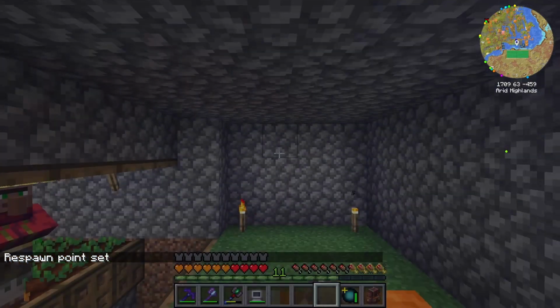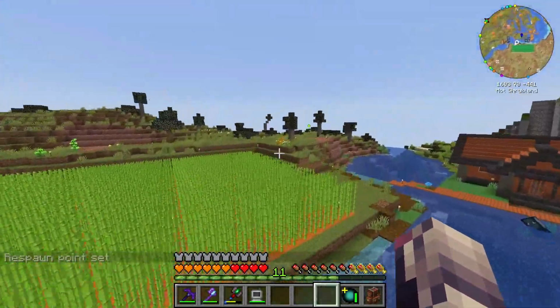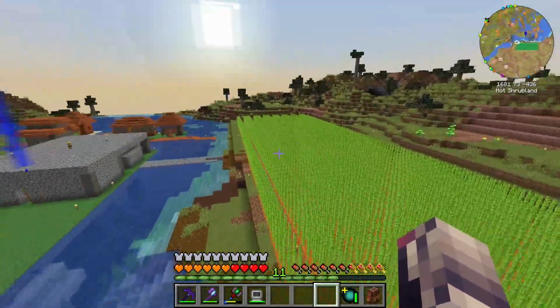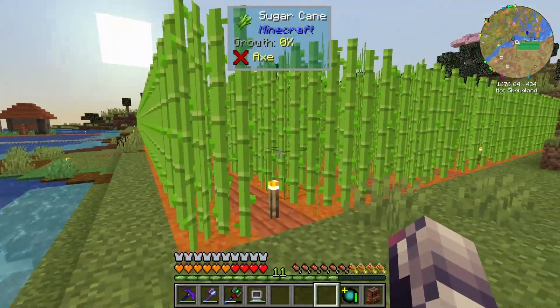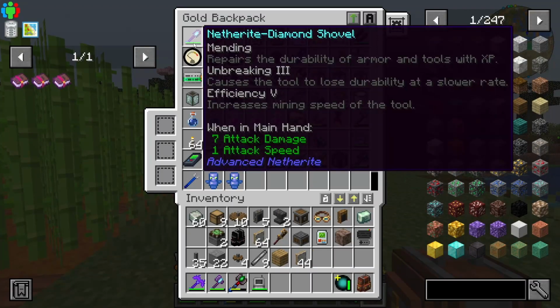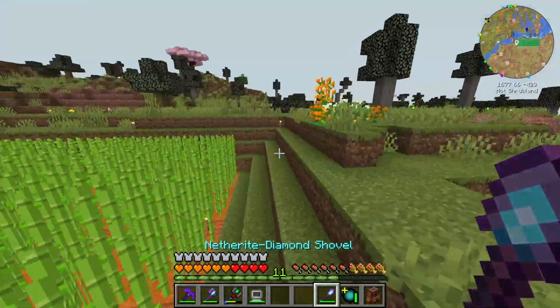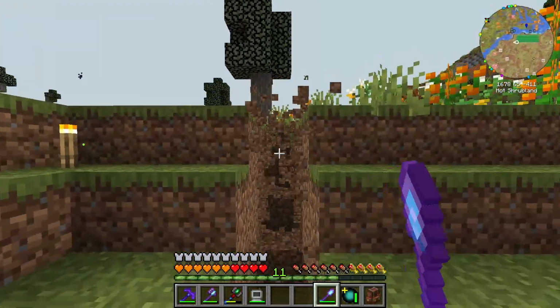Alrighty. We're actually going to automate the sugarcane farm today. One of the many things we're going to do, hopefully. But we're going to automate this, and this is going to take a little bit. So I think the first thing we really want to do is clear out this section. Okay? So let's just go